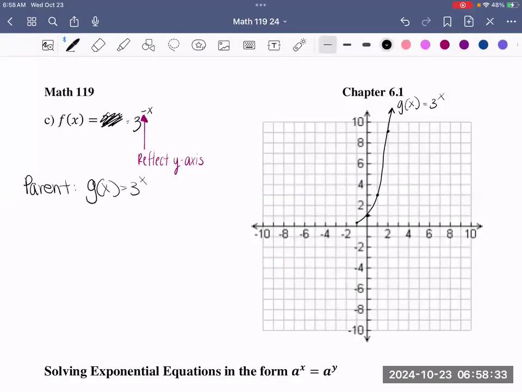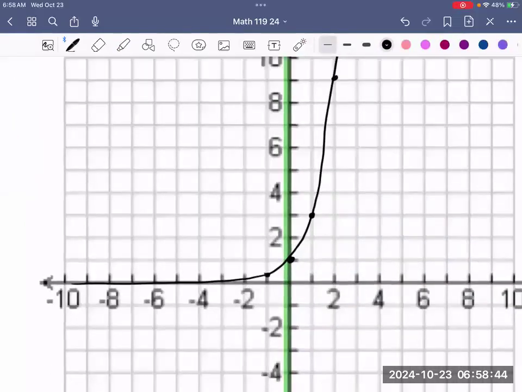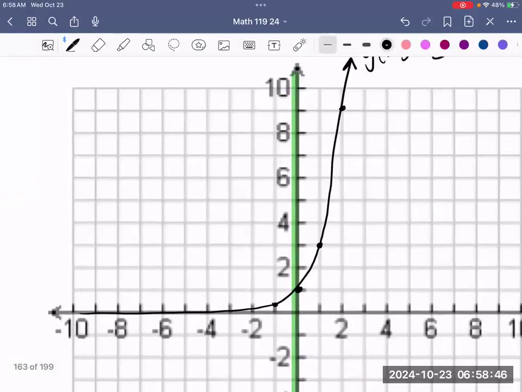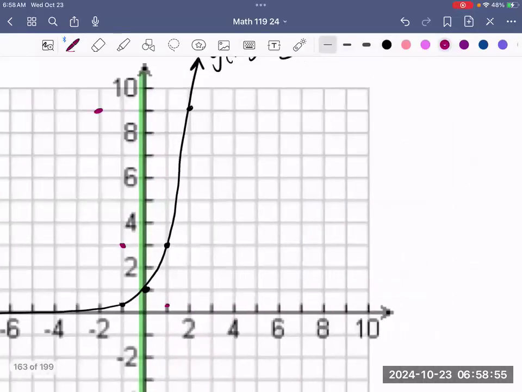And we're going to take all of these values, and we are going to reflect them over the y-axis. Your y-axis being right here, we'll start to reflect each value over. So what was on that side will now come over. So we're now over here, and we're over here. That one stays put, and now we're over here. So when we connect your dots,